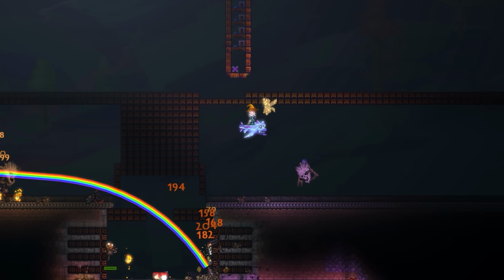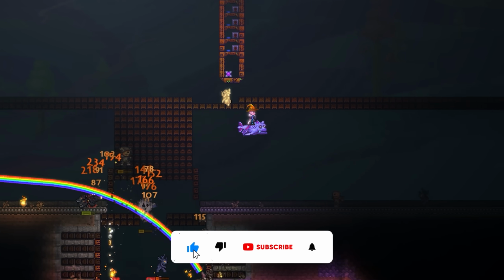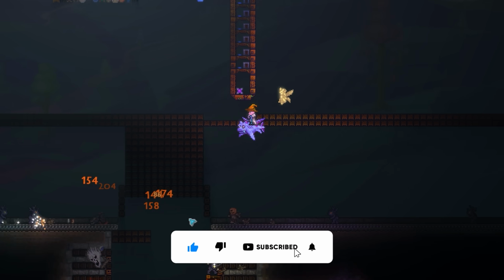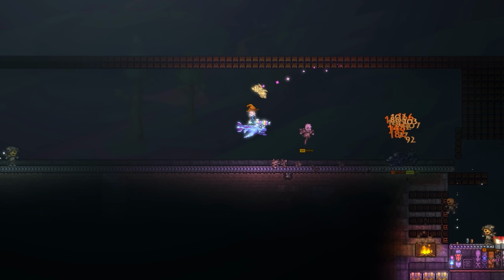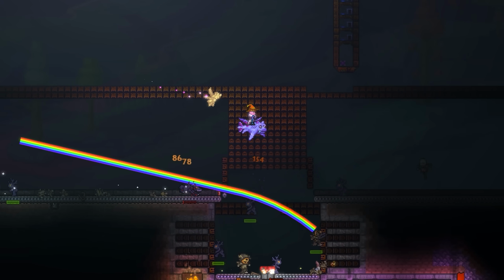Unlike the Scourge of the Corruptor, which is massively underrated, the rainbow gun I think gets what it deserves, as it's quite hard to use and only really works in certain scenarios. However, this doesn't mean that it's not worth getting. There are absolutely some cases where this weapon can shine, so without further ado, here's the quickest way you can